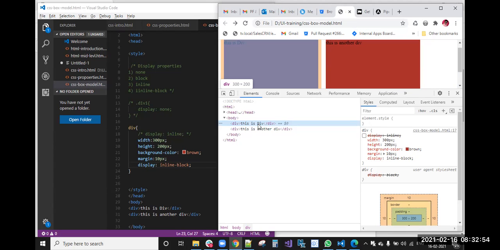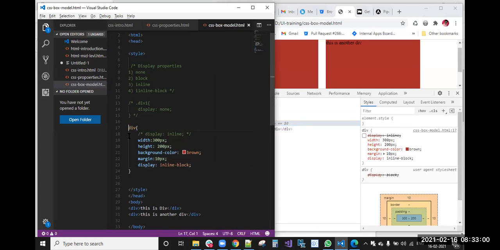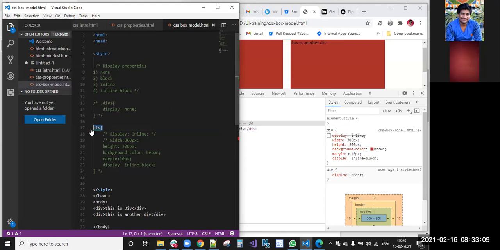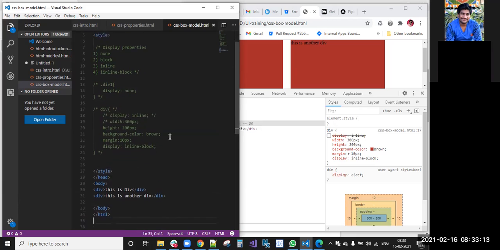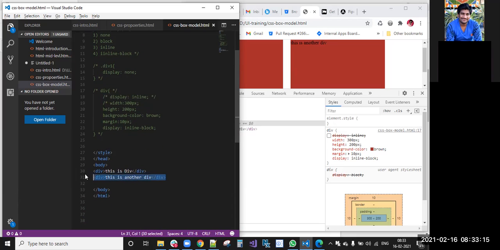So I will give you the best example for display inline block, where we will use this property. I'll show you now. I am taking one list.